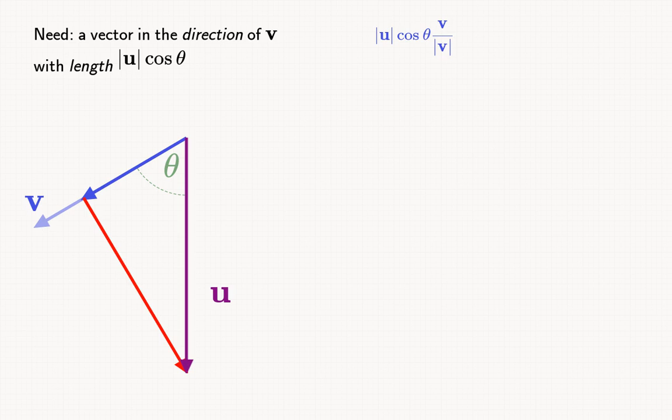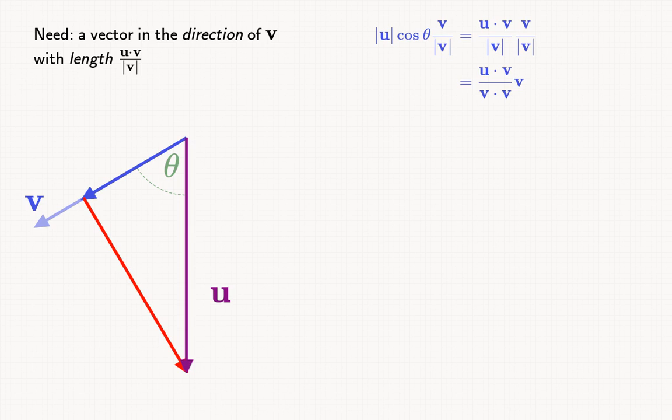Now we can rewrite this. So the length u cosine theta is u dot v over length of v. So we get that this is u dot v over length v times v over length v, which we can then rewrite again. The denominator is length v squared, which is v dot v. So we can rewrite it as u dot v over v dot v times the vector v. So just a few different ways of writing this. The point being that now the dot product is something that we know how to calculate.